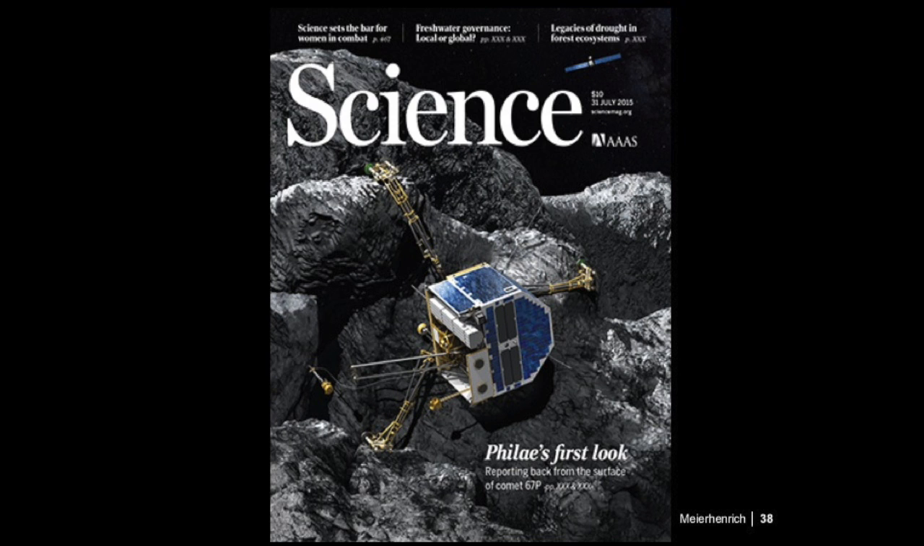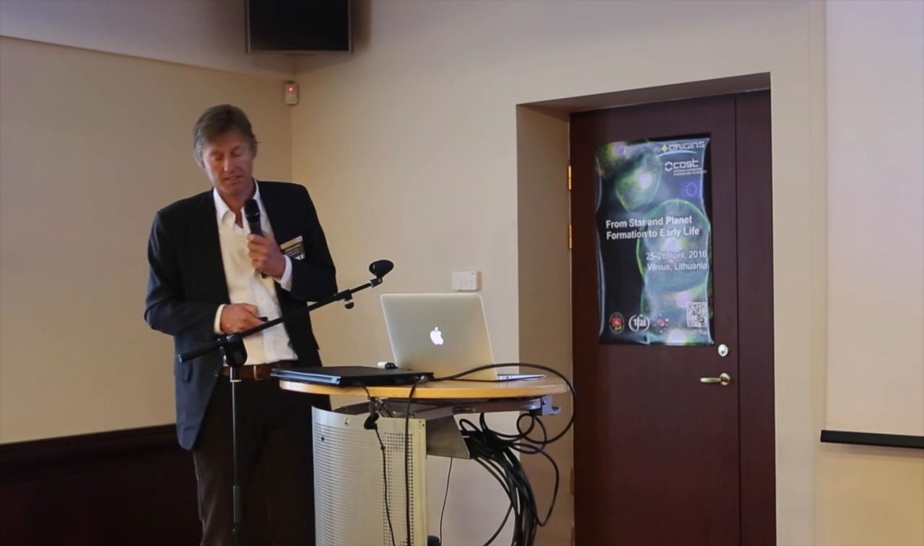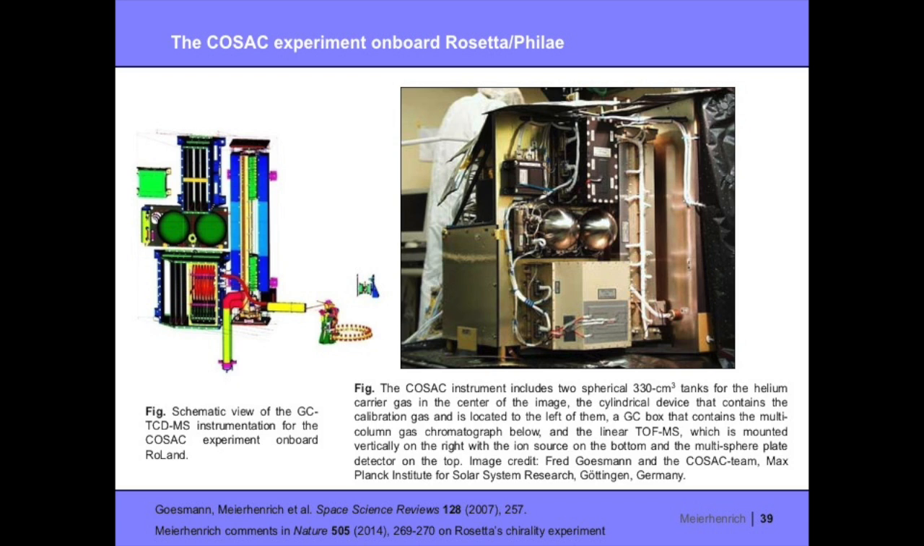This is how it's supposed to be located there. This was a special issue in Science. And in the Philae lander implemented is our COSAC instrument, which is a gas chromatograph coupled to a mass spectrometer. And you remember, gas chromatography coupled to mass spectrometry is the same technique that we used for the identification of